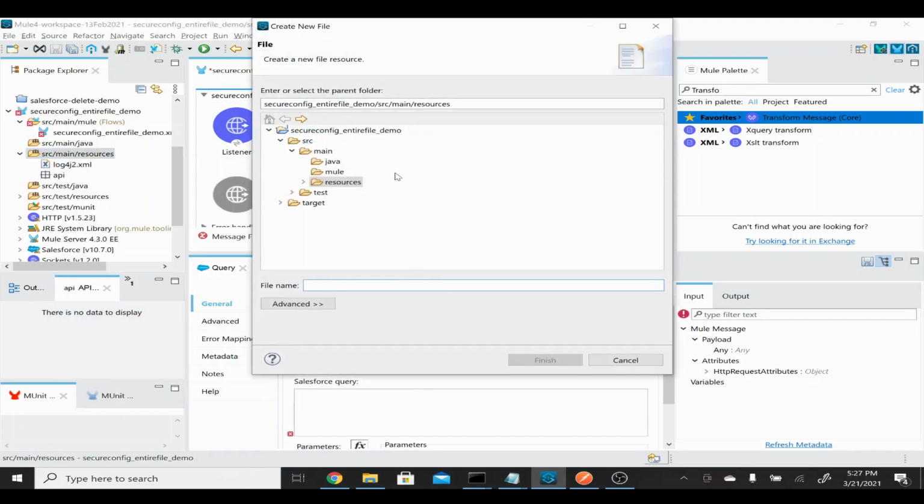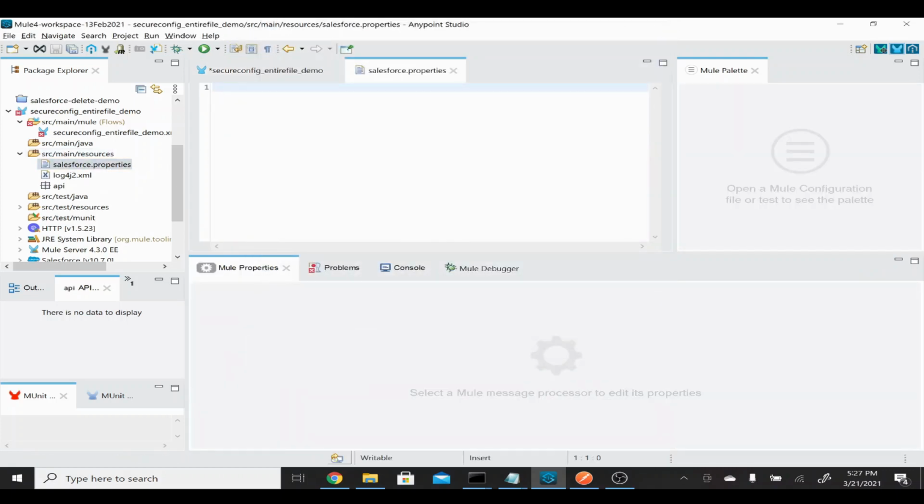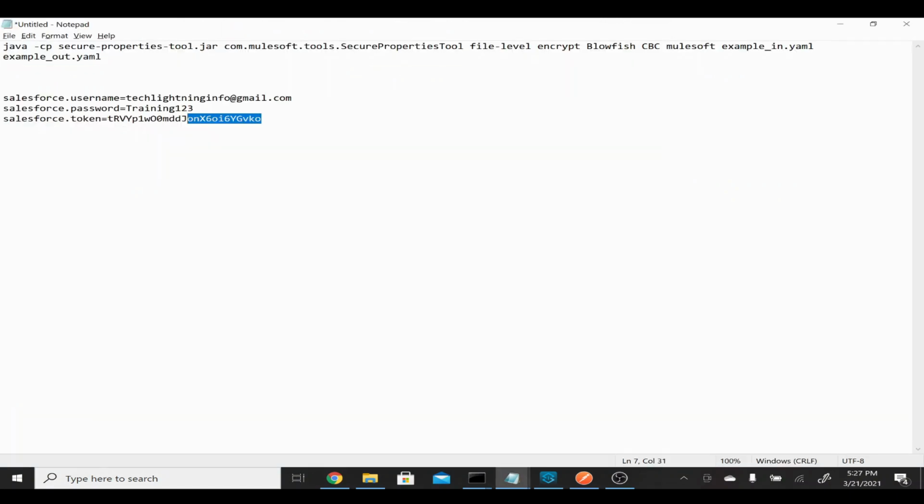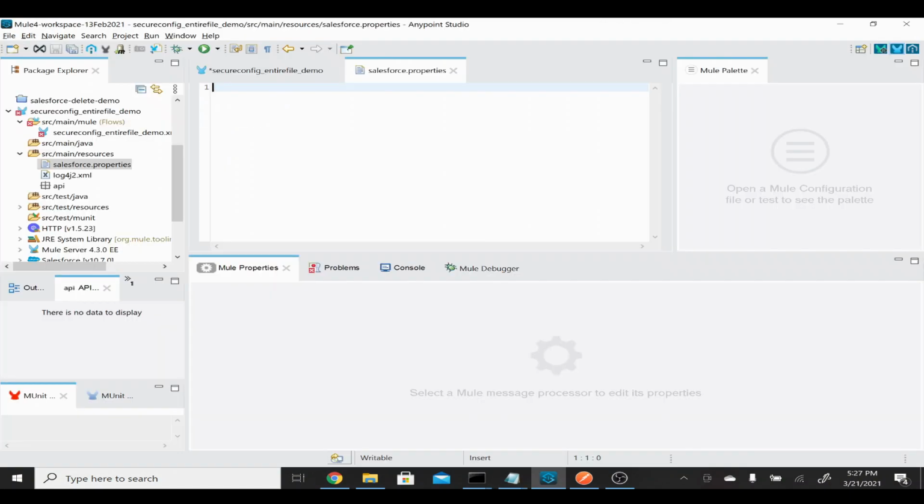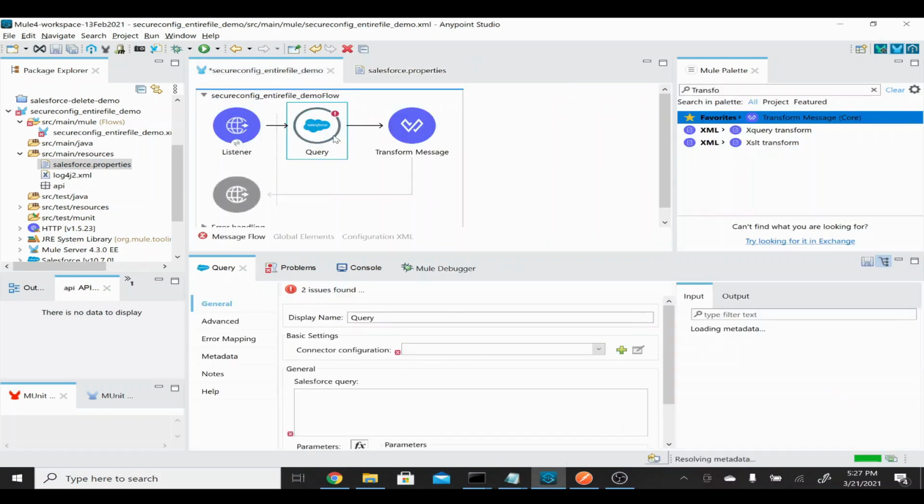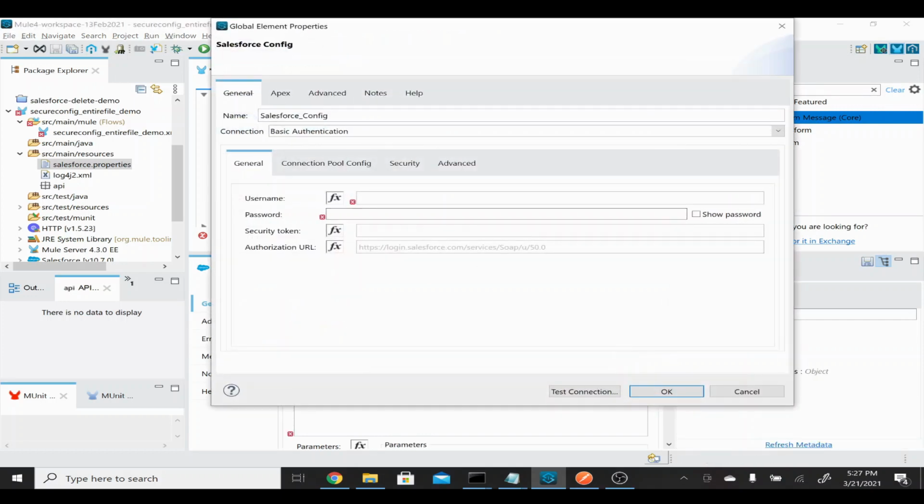File name I'll say salesforce.properties. So this is my configuration file. Here I'm going to store keys and values. So I saved this file. First, if you wanted to take the direct value, it's simple. I'll show you that first before encrypting the entire file, just to show it's working as expected. So if you need to take any value from the configuration, then you have to give the